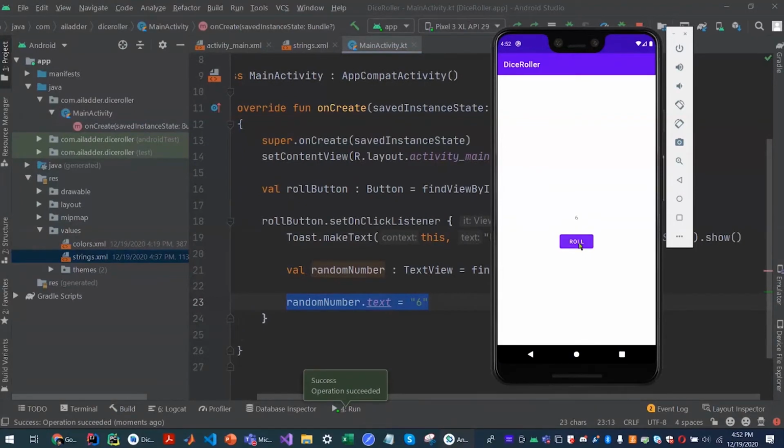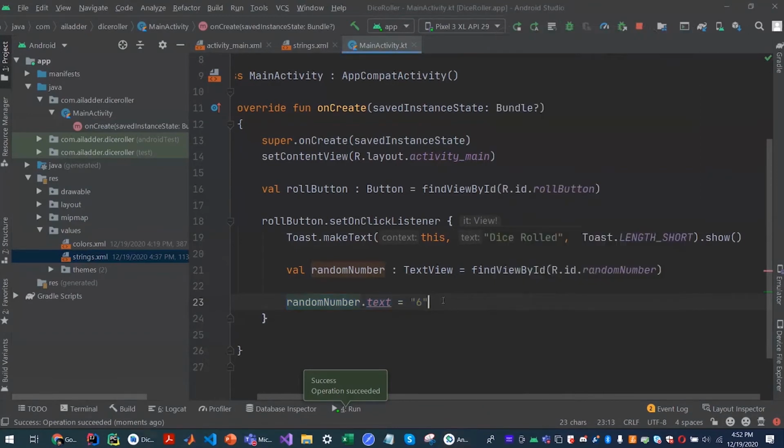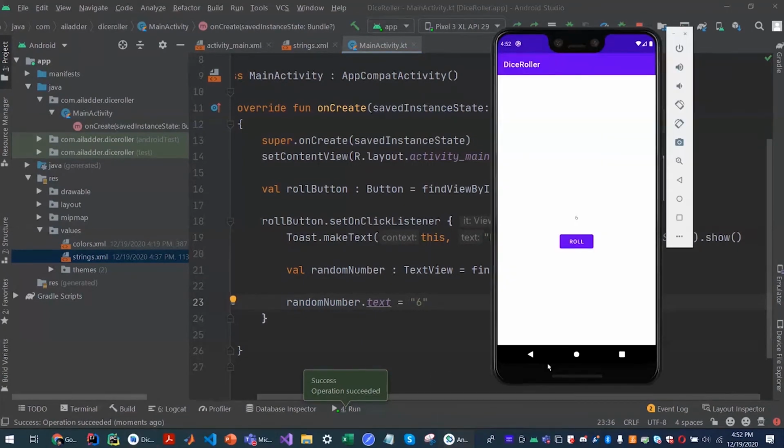As of right now, it's hard coded, meaning I put it there myself. It's not anything general. So no matter how many times I click roll, it will still update it to 6. The next thing to do would be to add the dice roll logic that we implemented in the first code lab, which, if you remember, generates a random number and gives it to you.